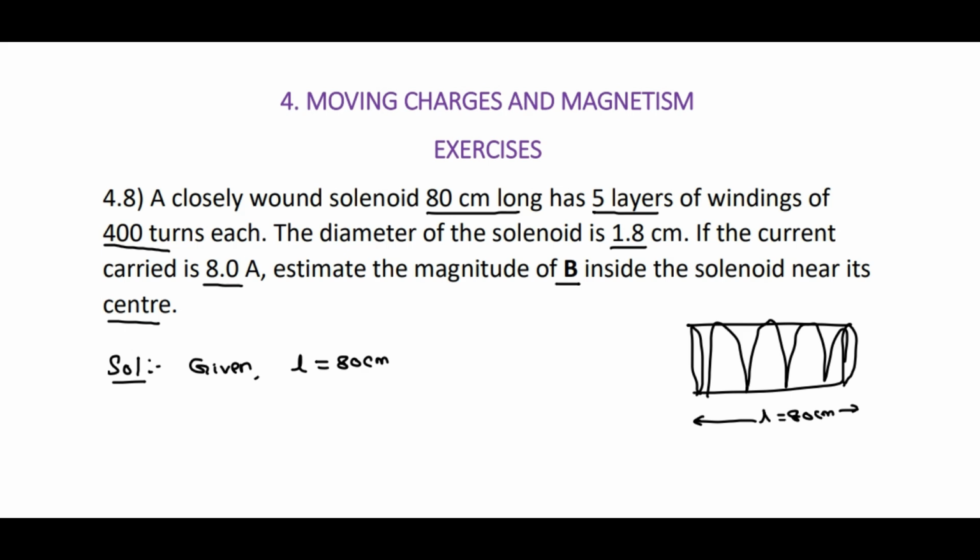And the number of layers are 5 and windings of 400 turns each. So therefore, number of turns per unit length, small n is equal to N divided by L, number of turns per unit length. That is equal to,